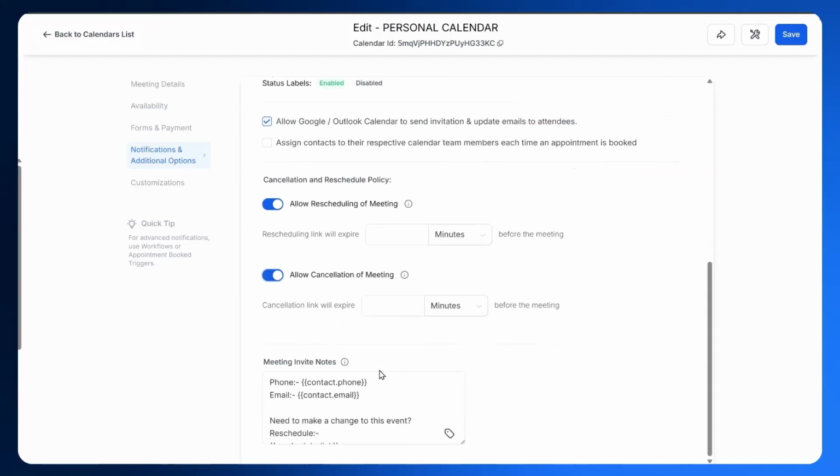Then you'll have any meeting notes here. These are mostly filled out for you. Just go with these for now. Eventually, you'll know how to come into calendars and make these changes. Then we'll look at any